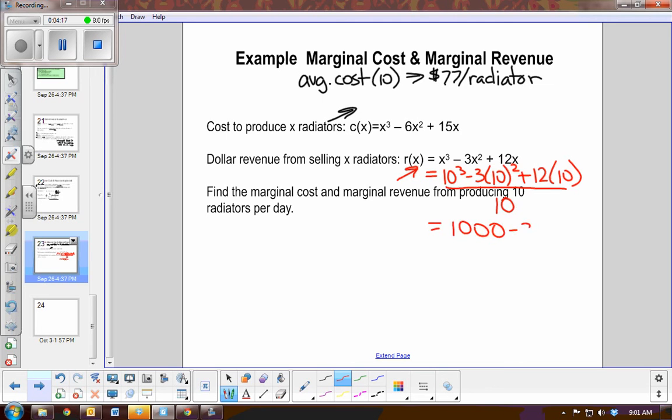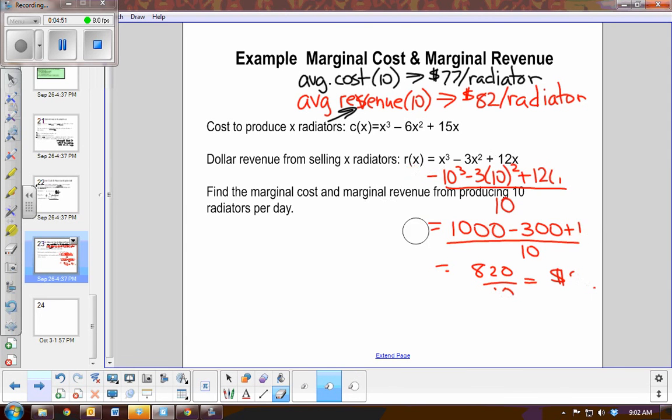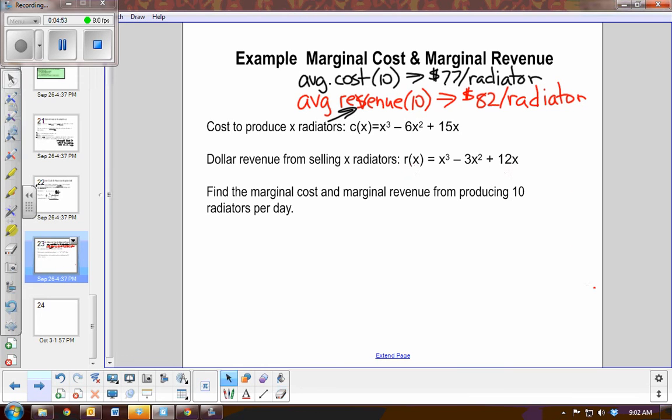So it's 1,000 minus 300 plus 120 divided by 10. So that's 820 divided by 10? So on average, I'm making $82 a radiator. So my average revenue when I make 10 radiators is about $82 per radiator. Okay, now let's talk about, would it make sense for my company to make maybe 11 radiators? Is the revenue better then? Okay,